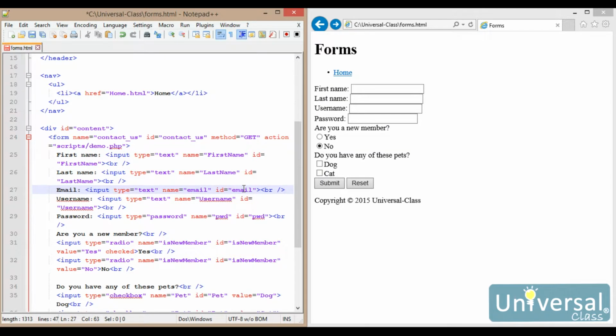Now the thing is, I want to start specifying some things that have to be filled out on the page to be allowed to submit it. Before HTML5, you would have to implement JavaScript on your page to make sure that what they enter for the first name looks like a first name, what they enter for the last name looks like a last name. What they enter for an email address has to be a text string and then an @, then some more text string, then a .com, .gov, or anything like that. And we would actually have to make a JavaScript that would go through and check to make sure that that